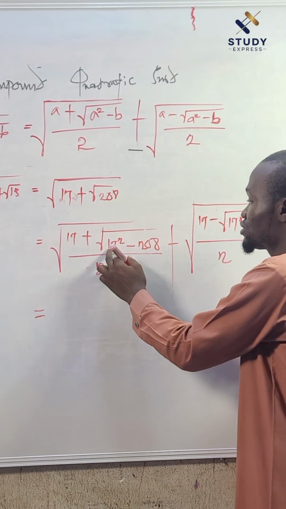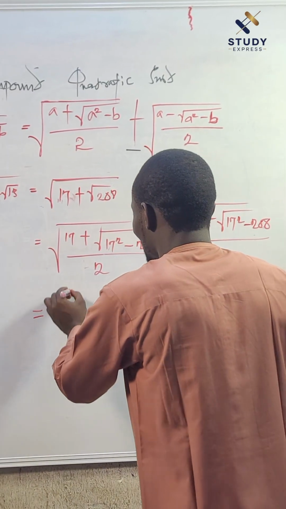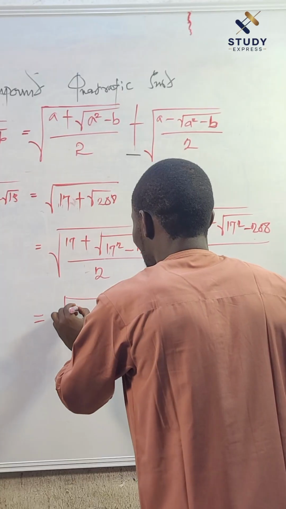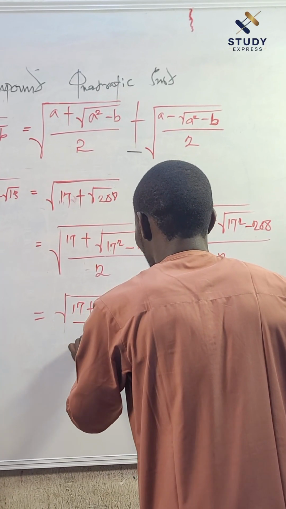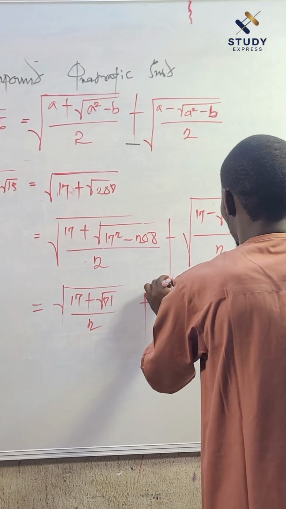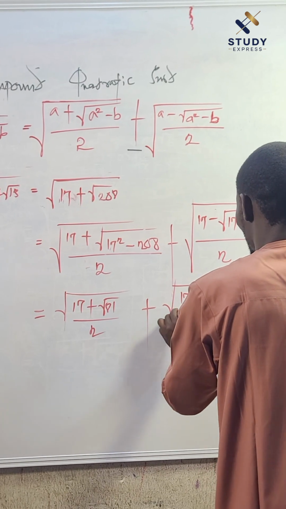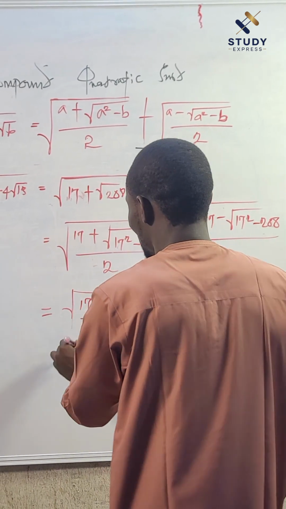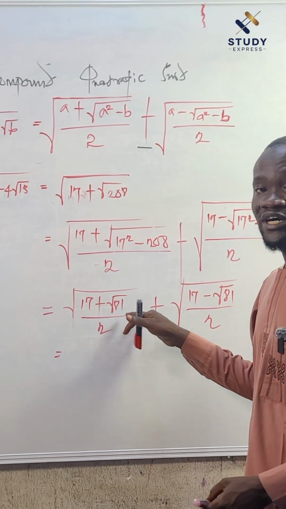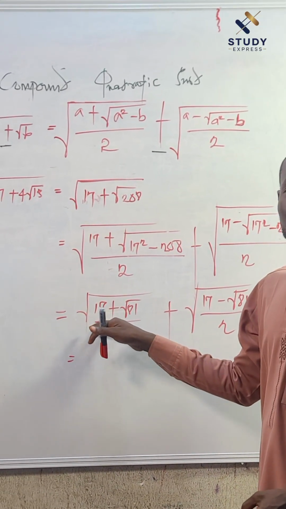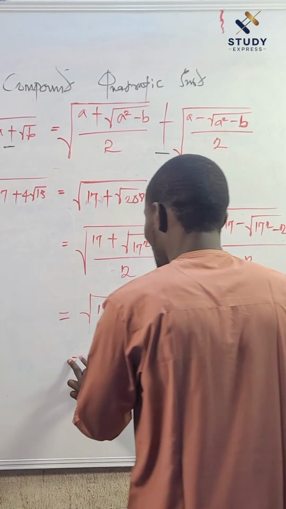So our final answer becomes, now let's go. What is 17 squared? 17 squared is 289 minus 208. So I'll be having the square root of 17 plus the square root of 81, all divided by 2. Here I'm going to have the square root of 17 minus the square root of 81, all divided by 2. So I'll be left with 81. That's going to give me 9. So 9 plus 17 is going to give me 26. So 26 divided by 2, I'm going to have